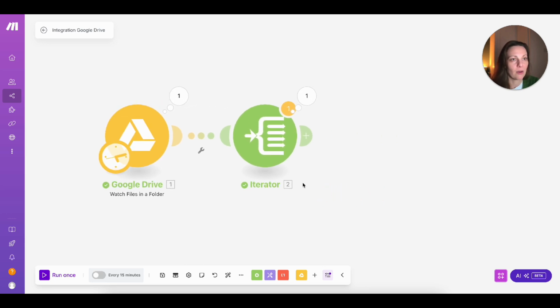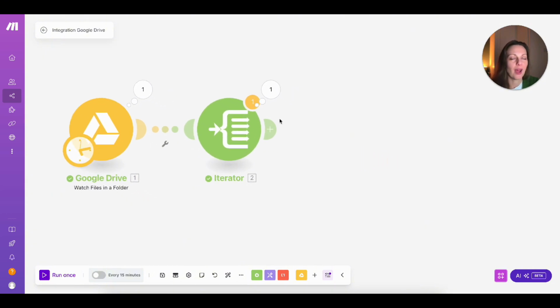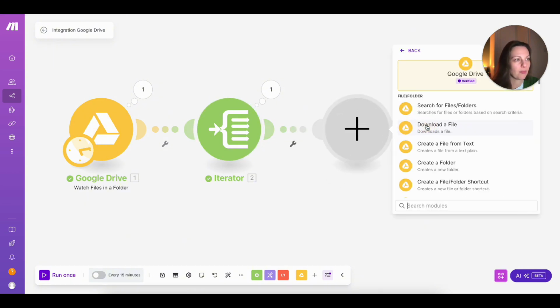And it's now confirmed that it can pull in some information, which is great. I now want to grab the URL of the image from Google Drive. So we've made the connection, it's going to pull the files, but I want to get specifically the link directly to the image. So I'm going to add another Google Drive module,